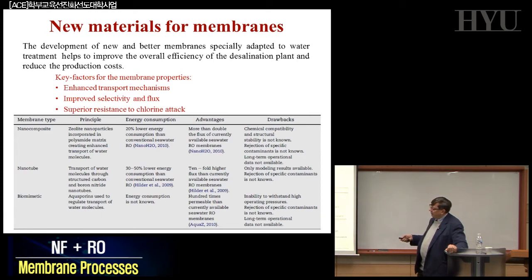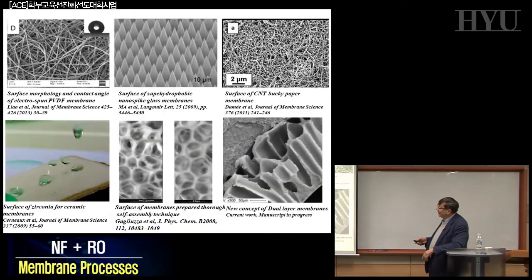And you can see here this possibility: nanocomposite materials, nanotubes, and biomimetic are the three areas that have nothing to do with a different polymer, but with a different methodology, a different transport mechanism. And basically this possibility in some cases exists. These are some examples of how to produce new kinds of materials, new kinds of membranes with some new properties. These are not just for RO, but if you want to have super hydrophobic materials,